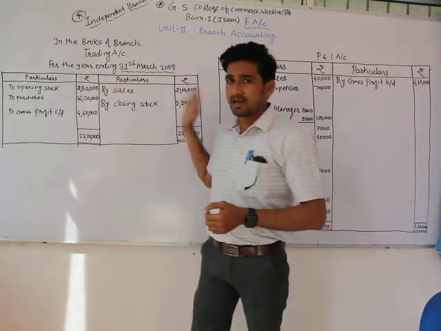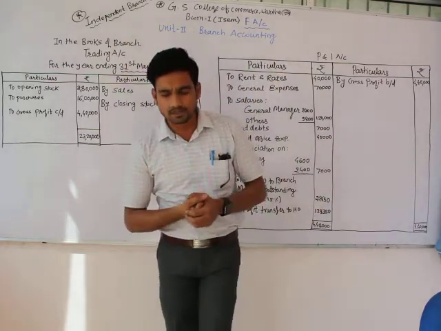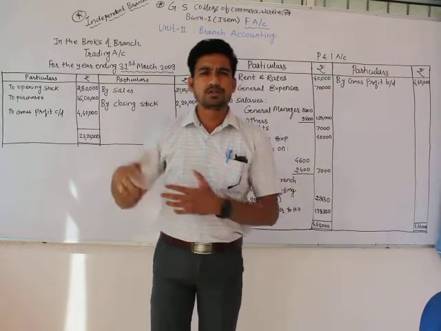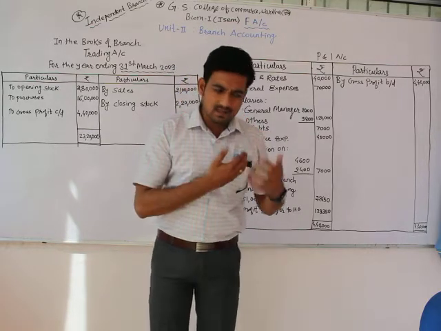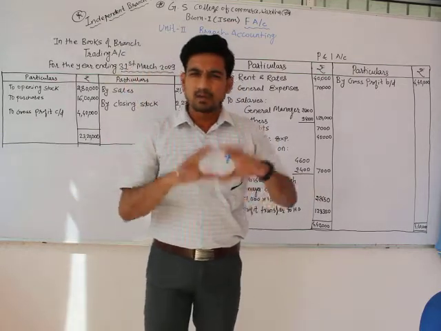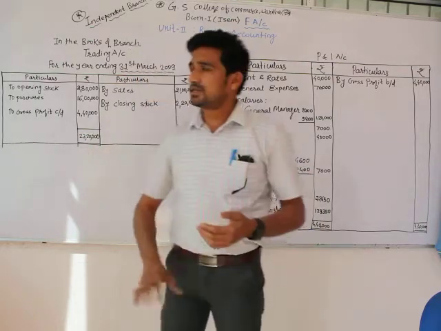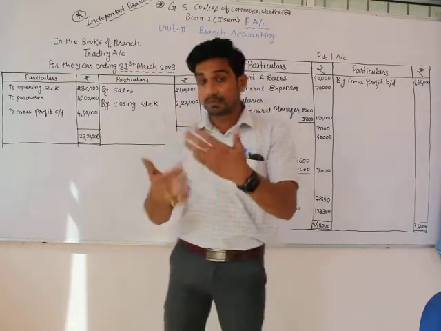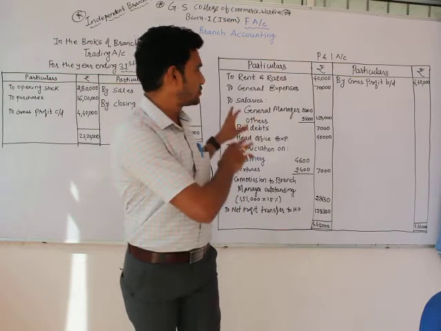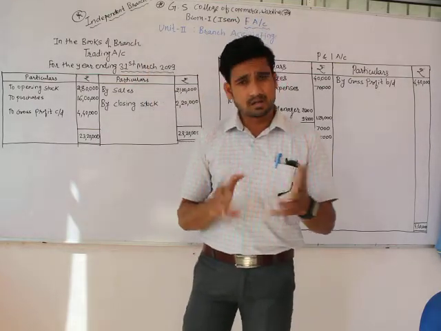Today this is the last problem of unit number 2, branch accounting, in which we are talking about independent branch. In the first lecture itself I cleared the types of branches: dependent branch, independent branch, the way of working of dependent branch, the way of working of independent branch. That we already discussed in the first lecture of this unit number 2. Before starting this problem, let me clear some things about independent branch, then I will read the problem which I already provided you, which is available on your class Google Drive account, and then we'll go to the solution and solve this problem. This problem is very easy, but the concept should get clear.